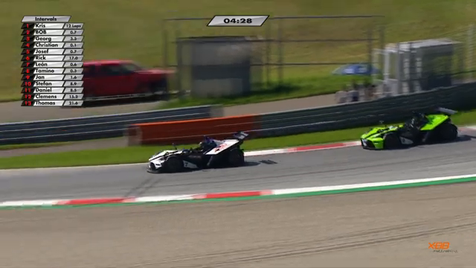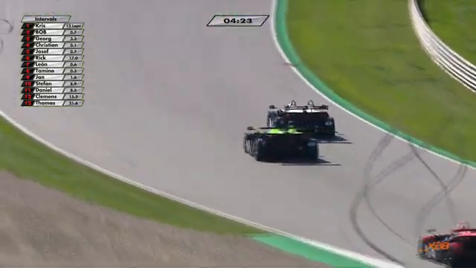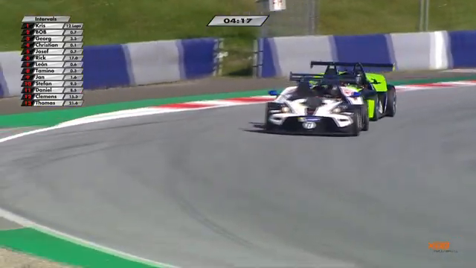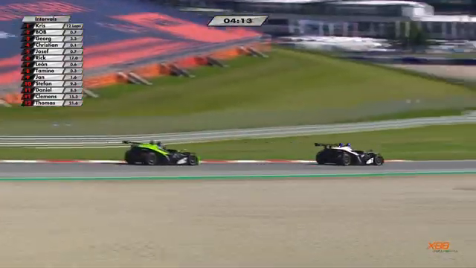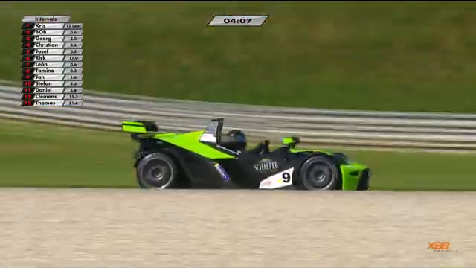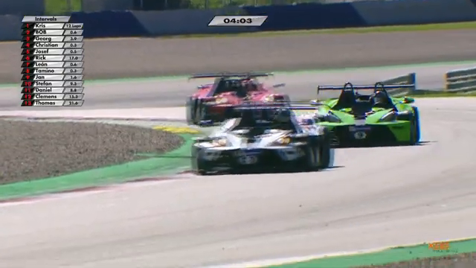Again, although he's able to force George Silbermeyer to defend on the way into the corner, he's not really able to draw alongside on the exit. And there's no similar mistake for Silbermeyer that Josef Koller made a lap ago. Silbermeyer not putting a foot wrong here in his defensive third position,